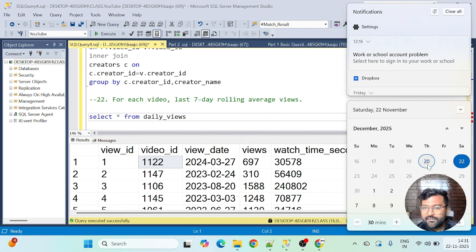If this video 1122 before 20th was watched on 18th, we have to calculate the average from 20th, 18th, then 17th, and so on, for the last 7 days the video was watched on those specific days. I'm repeating, it is not about the calendar week.